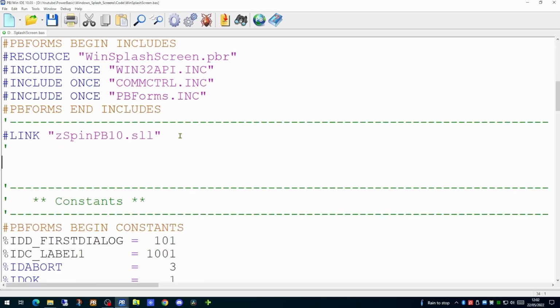At the moment, there are 3 separate graphics files within our spin folder. You may not need all 3 in your application, you may actually only need 1. But for the moment, for this demonstration, we'll put all 3 in. What we're going to do is use a resource command to store these graphics at compilation time within the executable.